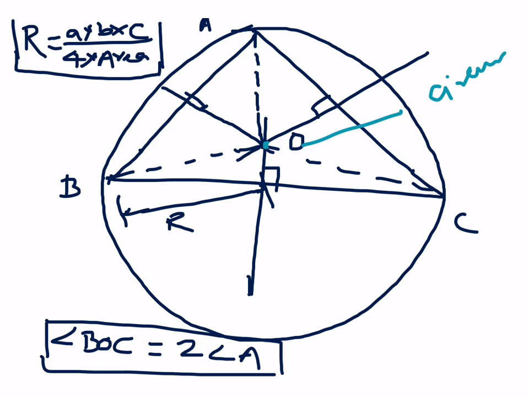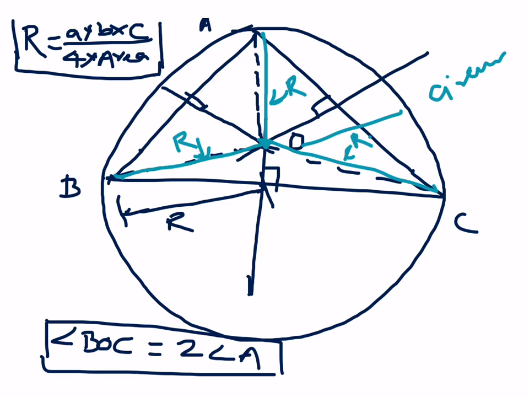Circumcenter. Now, if this circumcenter is joined to any of the vertices, I will get a radius, which is called the circumradius. From here to here also, from here to here also, the lines are equal, and will be called the circumradius. Now if I take the center and take the radius like this and draw a circle, the circle will touch all the three vertices and will be outside the triangle. I mean it circumscribes the triangle.